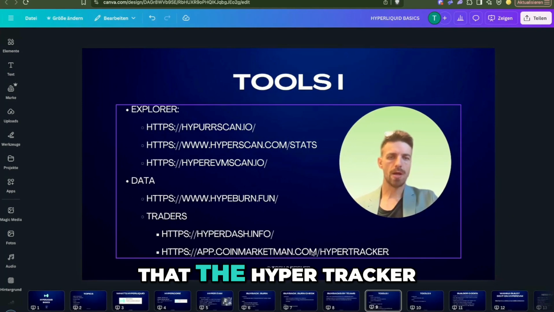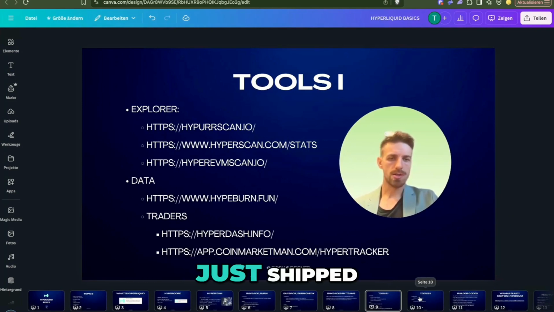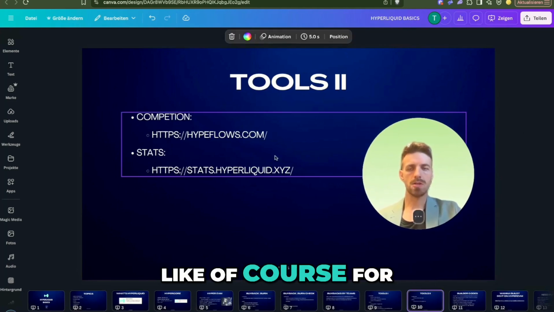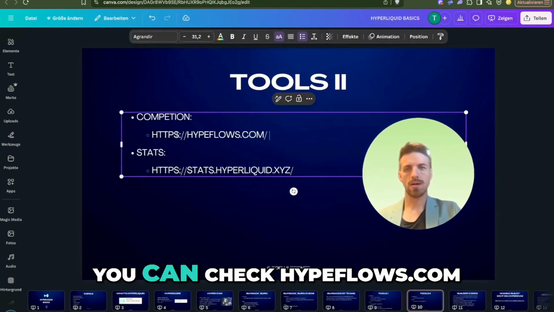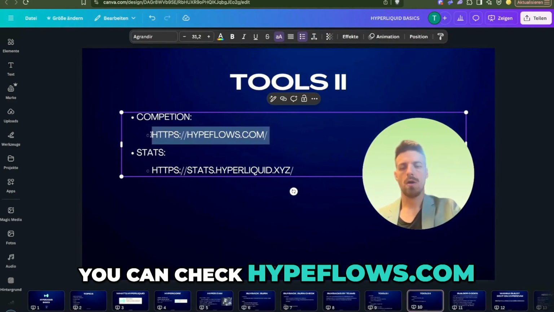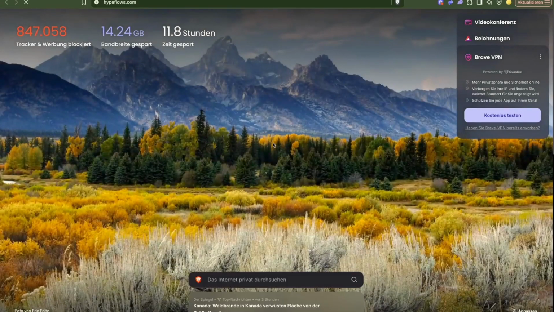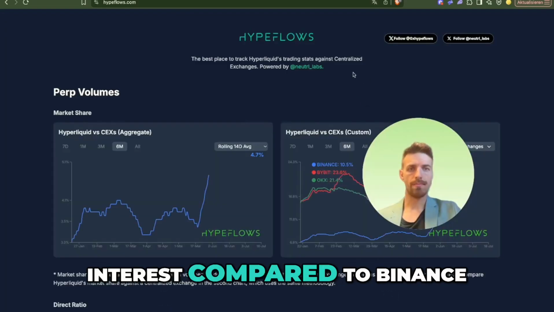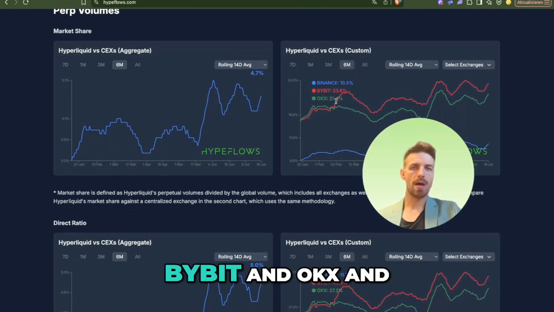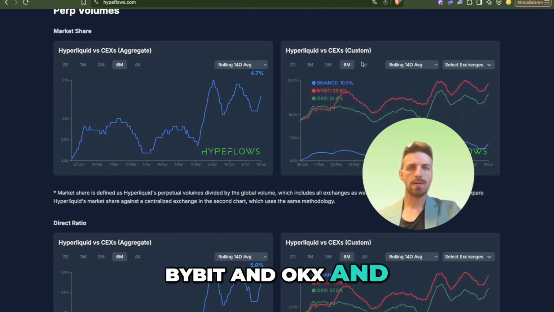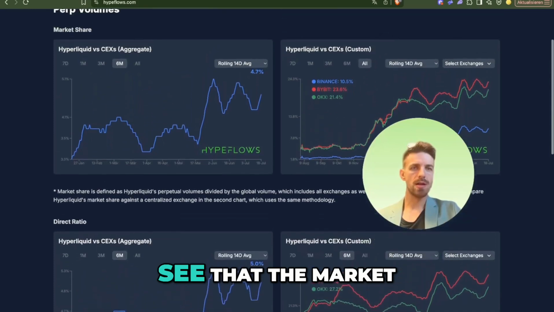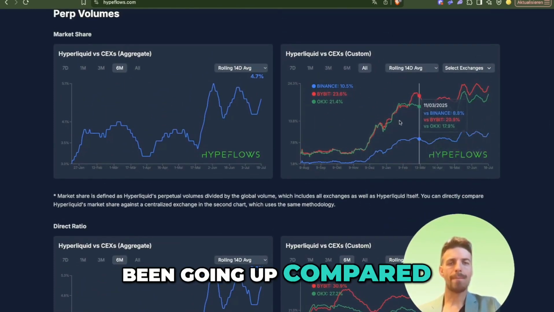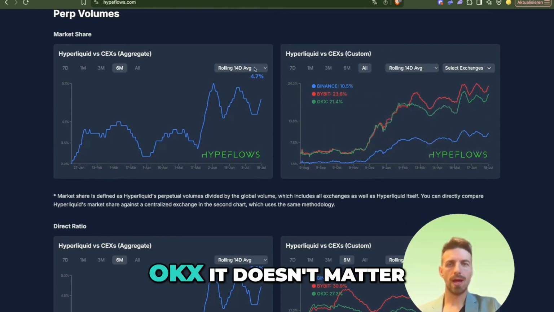I like the way that the HyperTracker team just shipped this builder tracker. So other tools I like, of course, for looking at the competition, you can check hypeflows.com where we see the volume and also open interest compared to Binance, Bybit, and OKX. And it's quite telling to see that the market share of Hyperliquid has been going up compared to Binance, Bybit,